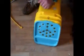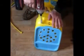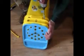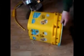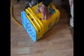Okay, so now we're going to switch to the bigger spade, the 1 inch, and we're going to go ahead, whoops, that's reverse. We're going to go ahead and knock these out right here. I put a lot of holes in the first one, but then I noticed that they don't need that many holes. There's plenty of breathing holes in here,